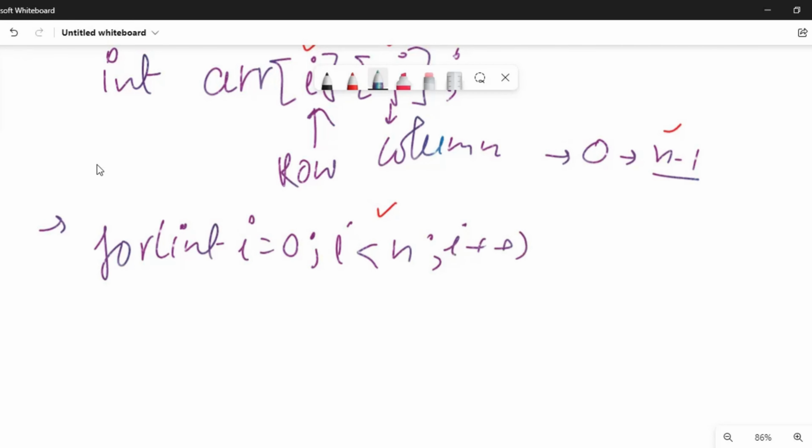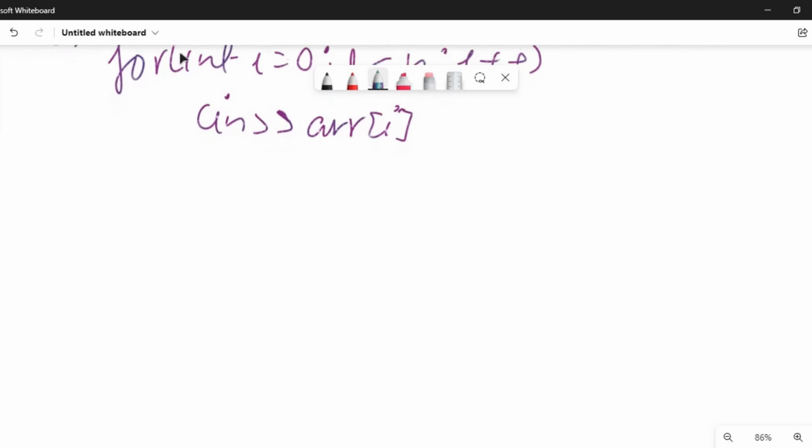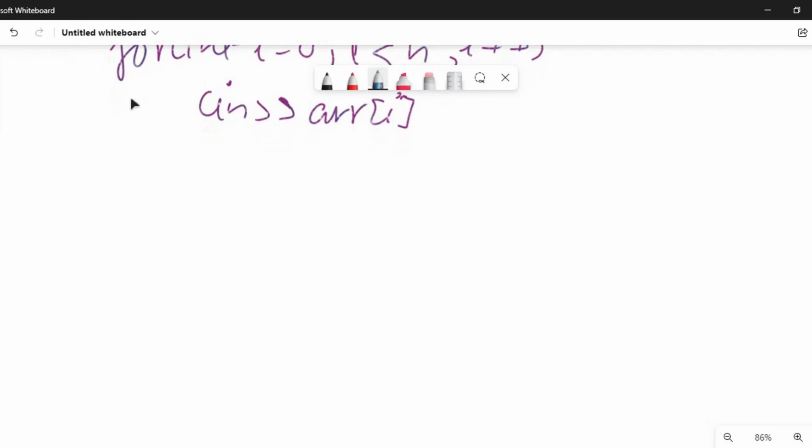After that what we were doing, we were incrementing the value of i, and then with the help of the cin we have defined the value inside the array. But now as we have the rows as well as columns also in the 2-dimensional array, so for inserting the element inside the 2-dimensional array we'll be using the nested loop.